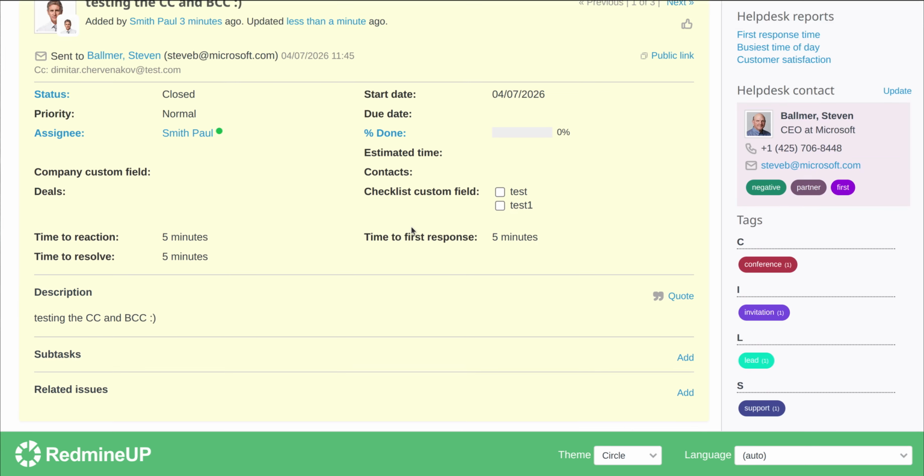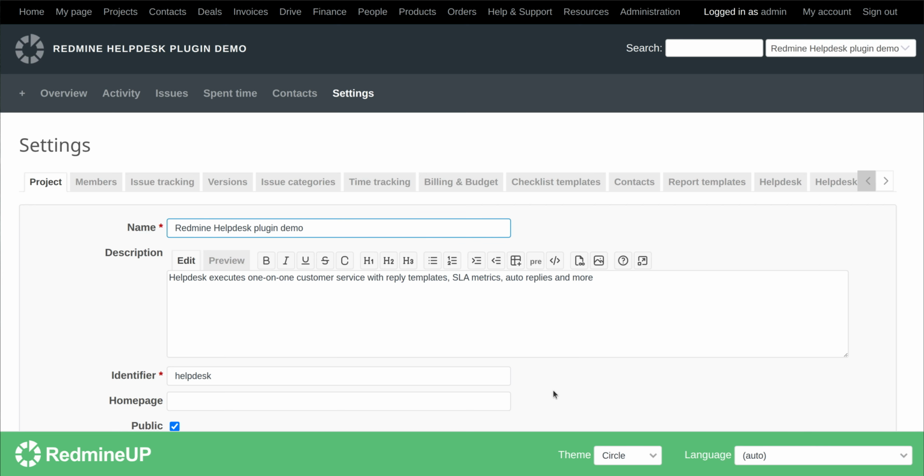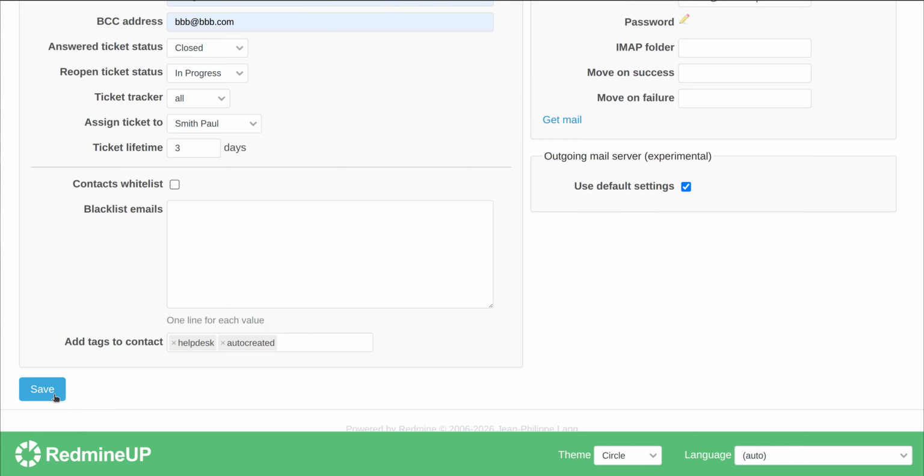Okay, some more thing that I wanted to show you is that you could set some CC and BCC email addresses that could be added automatically every time when you reply. So this feature is accessed here on the settings of this project where your help desk is, and you have to click on the help desk tab and you will see CC and BCC addresses. So we put, for example, these a bit strange email addresses, but they are just for testing purposes. Okay, a@a.com, b@b.com. Okay, so we save the changes now